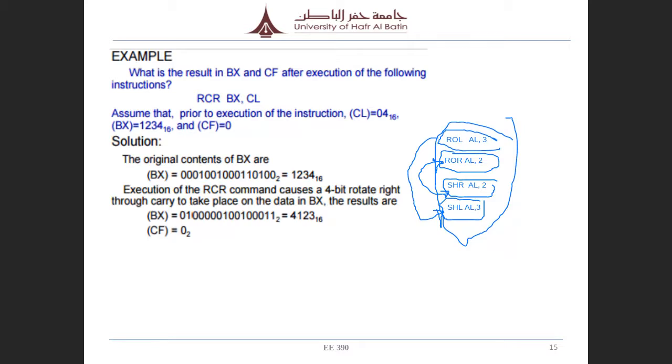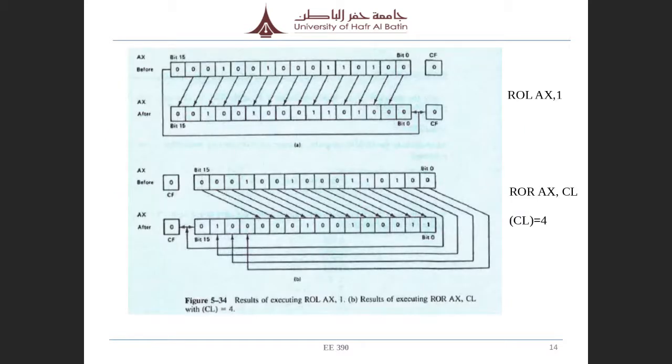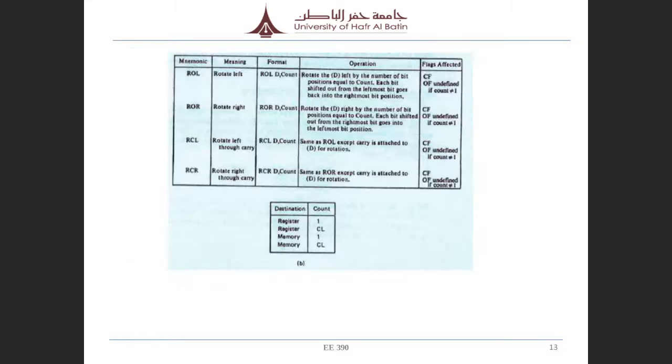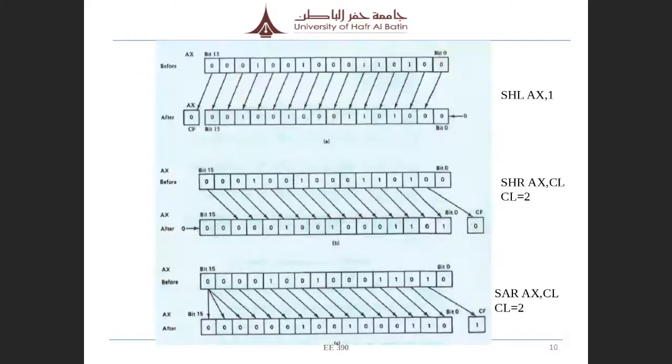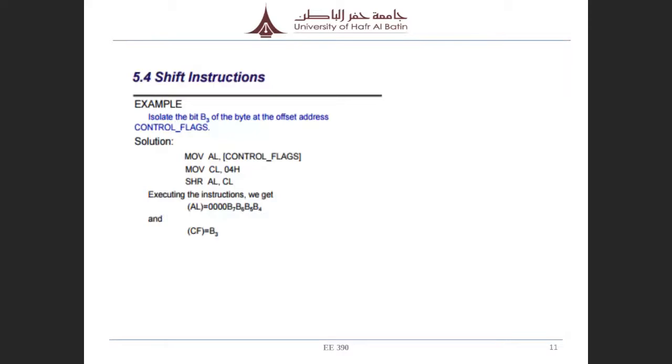Here, for example, it is a 16-bit register with rotate left. Instead of 16-bit, try to understand the 8-bit and you will get the 16-bit as well. And shift left and shift right. So these are the 4 examples. So what can we write here? We can say the difference between,